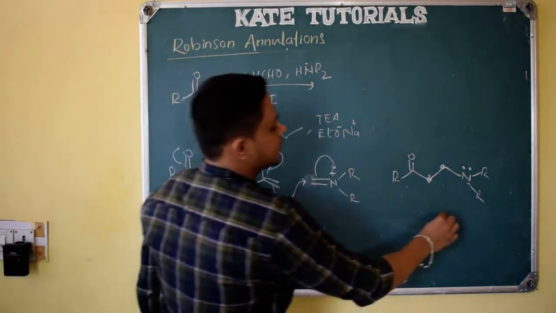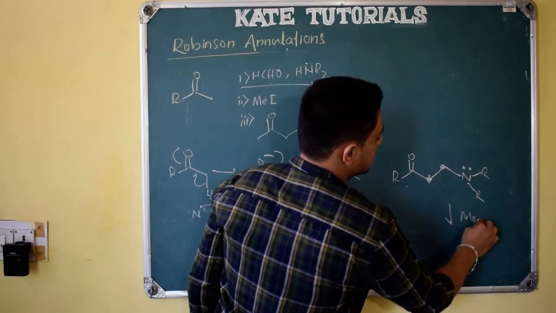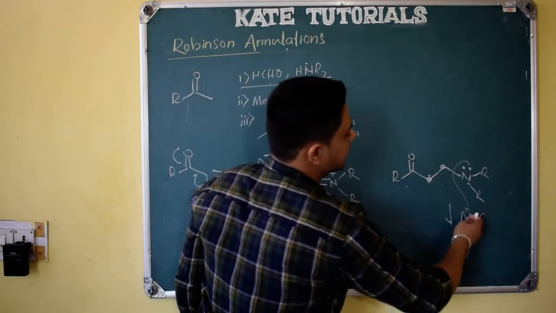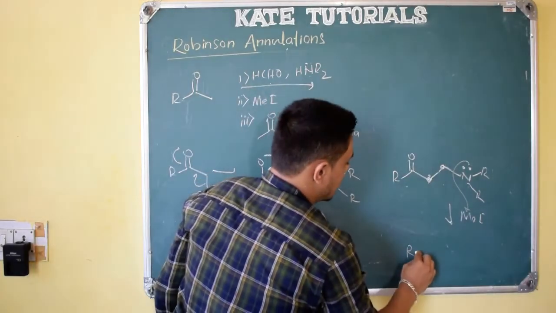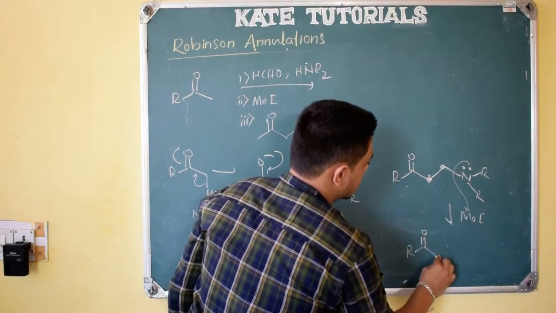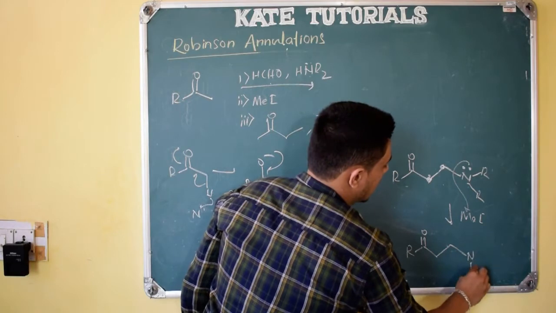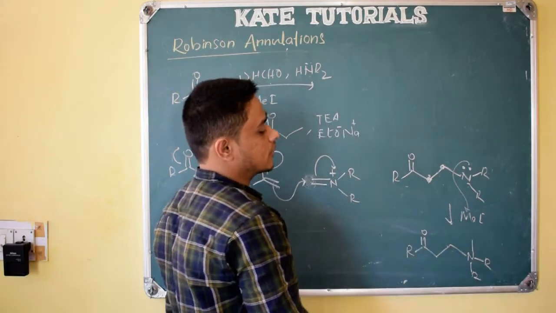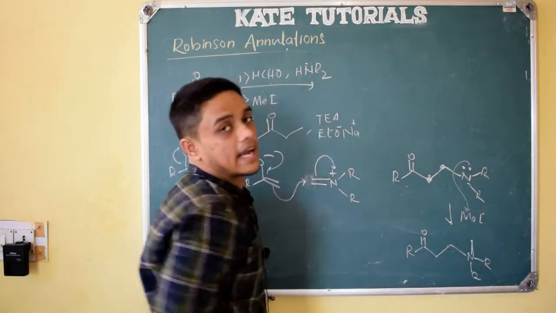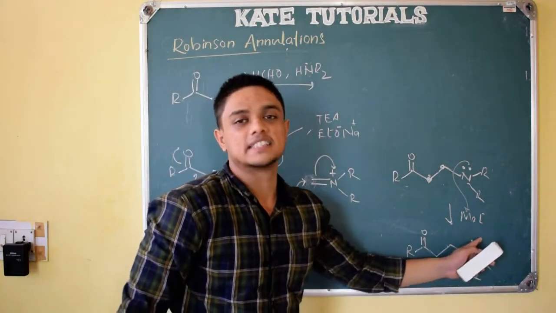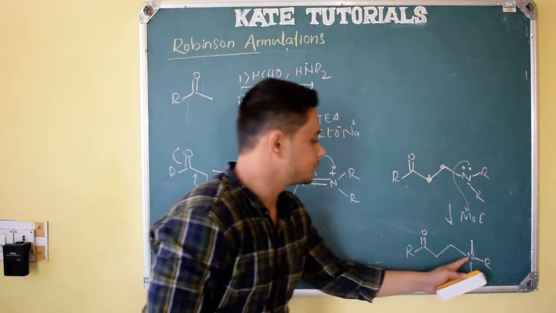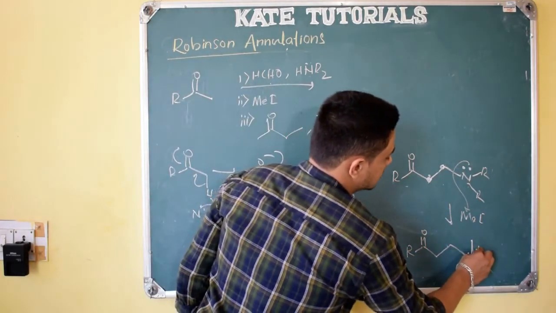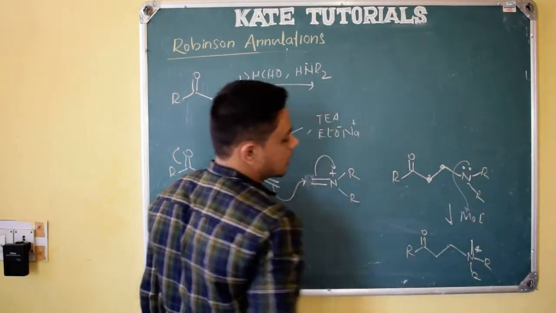The second step, they have added methyl iodide. This is nothing but a simple SN2 reaction. Iodine will be replaced and methyl will attack that lone pair of electrons. So nitrogen R methyl, Me we can write, CH3 we can write, or simply if I show the line, you need to understand this is a CH3 group, right? So this is the methyl group, and nitrogen has positive charge because it has given its lone pair of electrons.